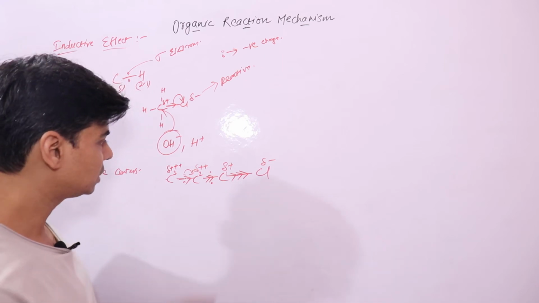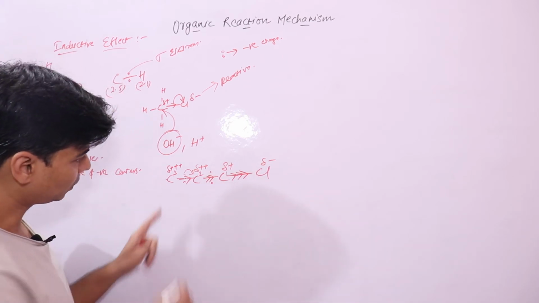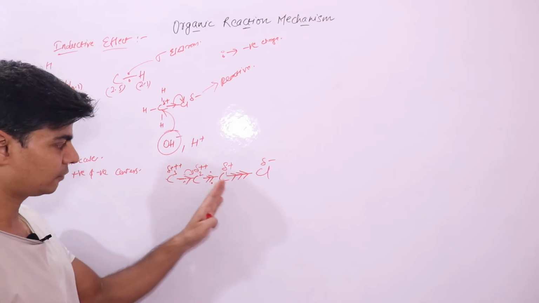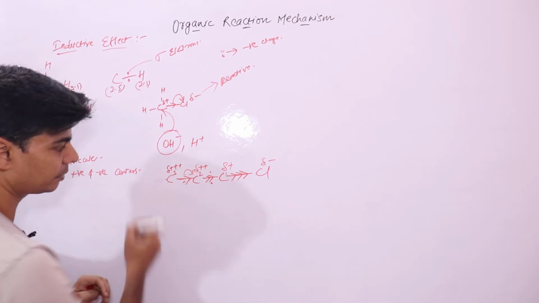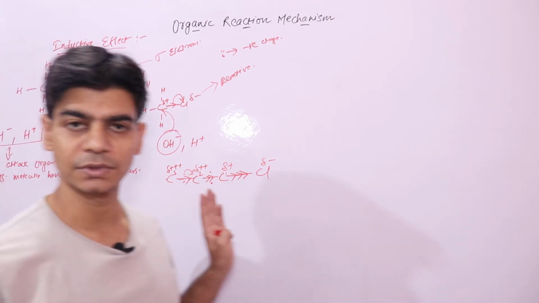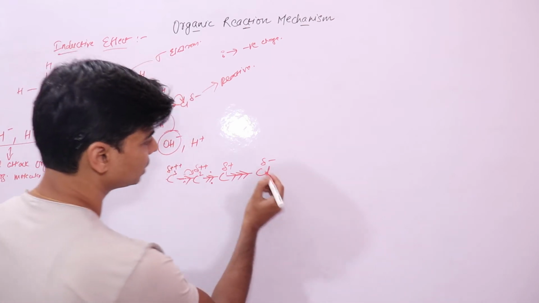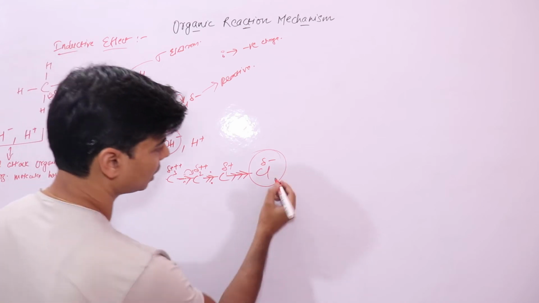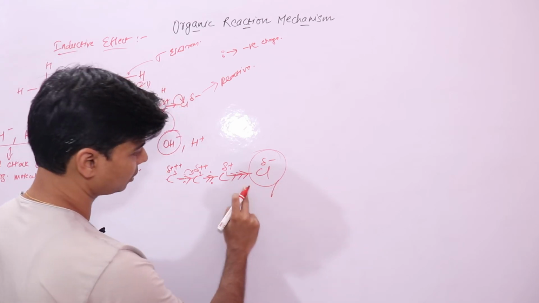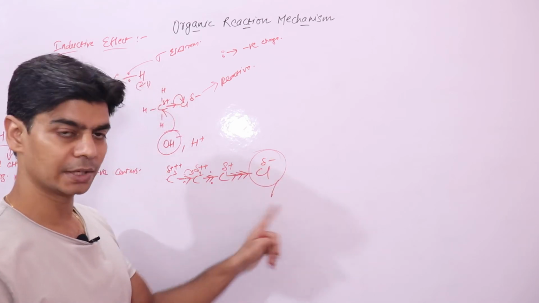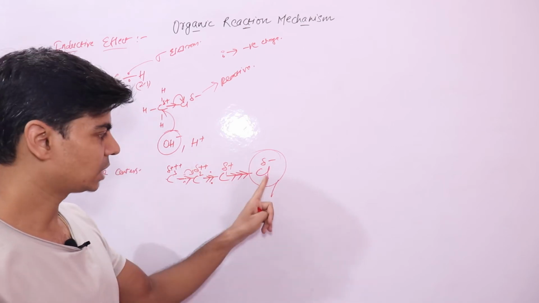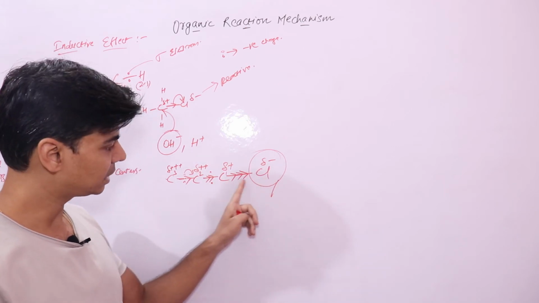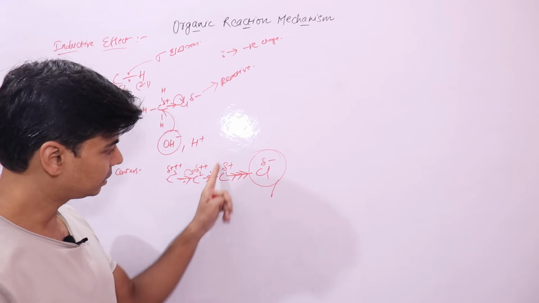Now why have all these carbon atoms acquired positive charges? Due to the presence of an electronegative atom at the end of this carbon chain, right? This is a chain of carbon atoms. If I replace hydrogen with a chlorine atom, which is highly electronegative, it will displace electrons towards itself, making this carbon